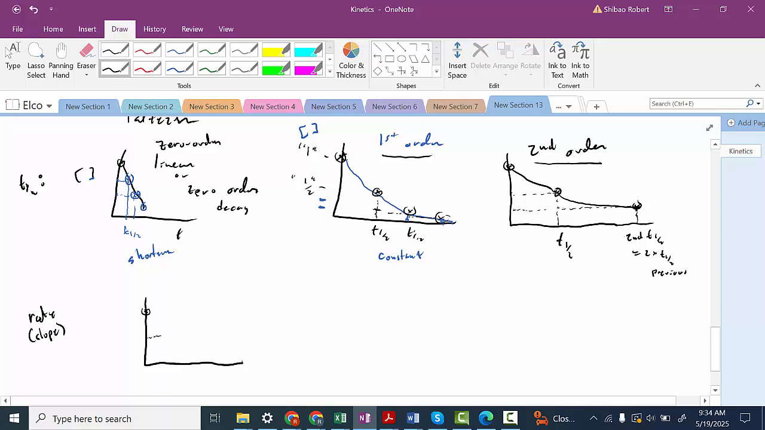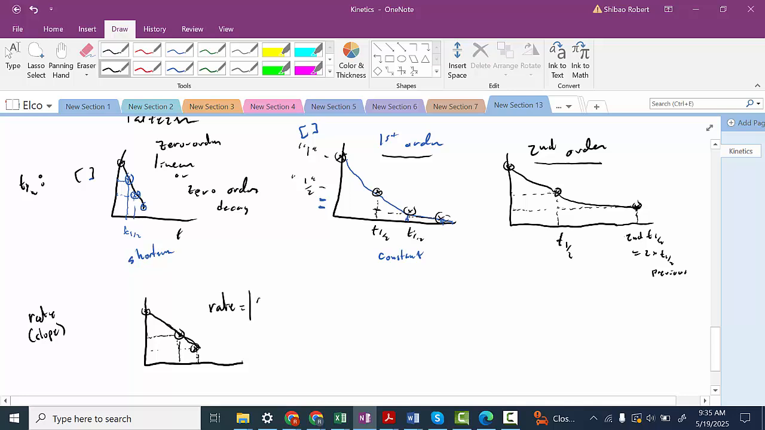Actually, let me try to draw it more accurately. So let's say this is the first half-life. The second half-life is going to be half as long as the first half-life. And so the first half-life takes this long, so we'll go about this long for the second half-life. And that would be here. And so this would be linear. But what we see is that the slope stays constant. That is, the rate is, in this case, equal to